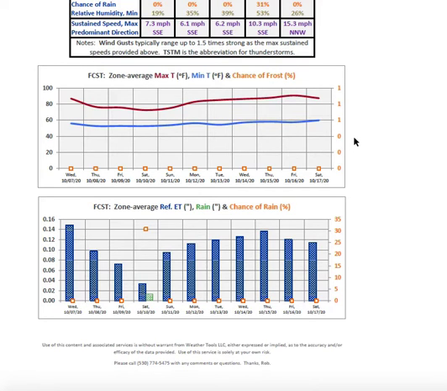The axis values are dynamically calculated, so the range will change depending on the forecasted values. In this particular example, since the chance of frost is 0 through the forecast period, the right axis looks as